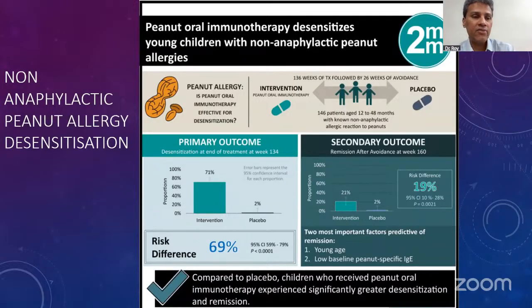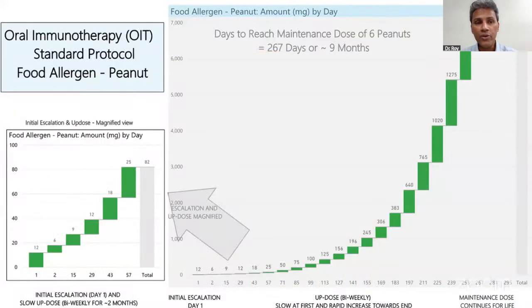Now, in non-anaphylactic peanut allergy also, when desensitization is done, you can see a significant reduction in what I would call a remission, especially in young children who have a low baseline peanut-specific IgE. It is possible to have an intervention group with almost 69% reduction, where oral immunotherapy led to desensitization and eventually even remission. And when you talk about the standard protocol for food allergen immunotherapy with peanut, for example, this is